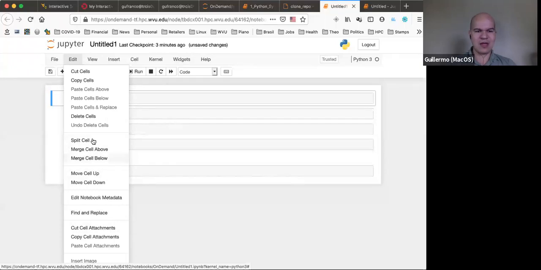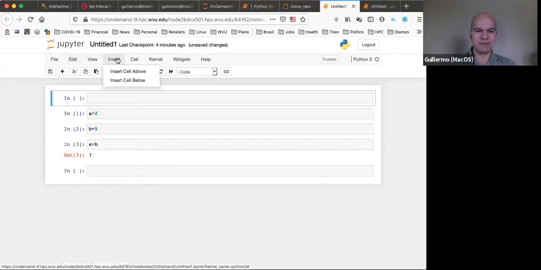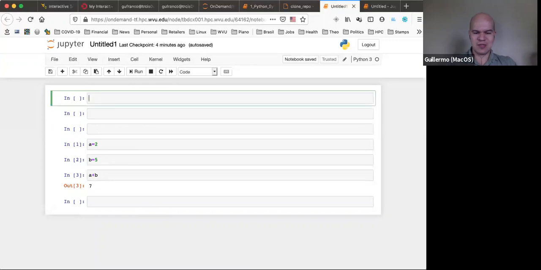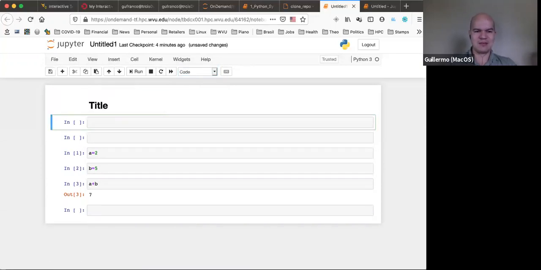So you can create a new cell, insert a cell above, below. You can create a cell with A or B. So this could be a title, and you can go here and make this a markdown cell, and you can make it a title like this. So you can start having formatting through that and start creating